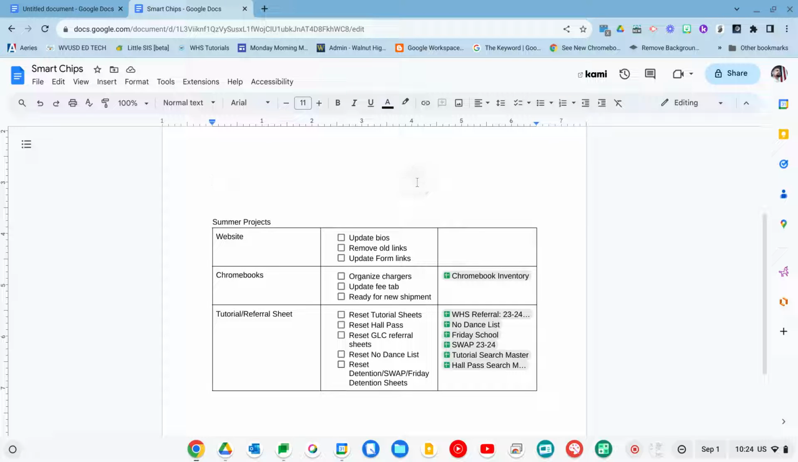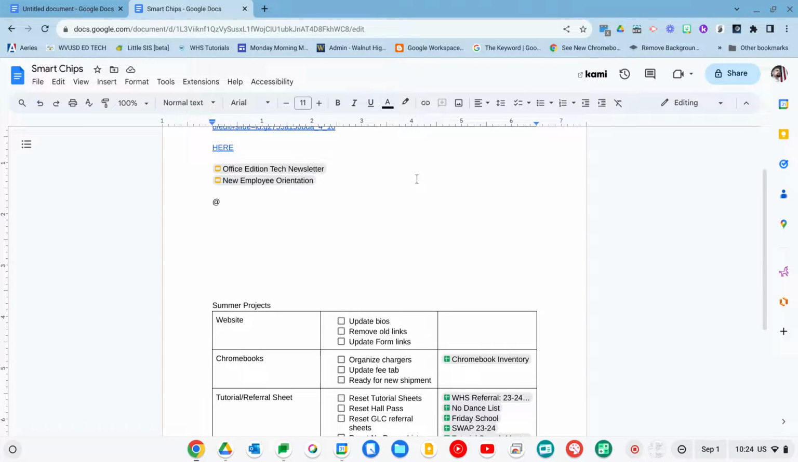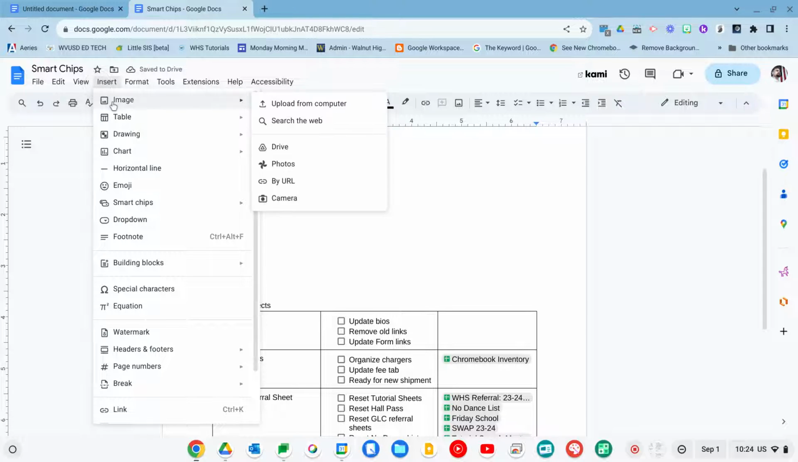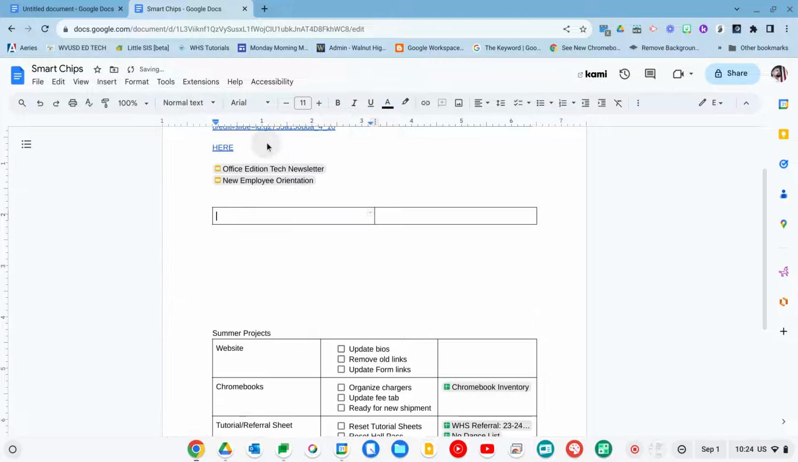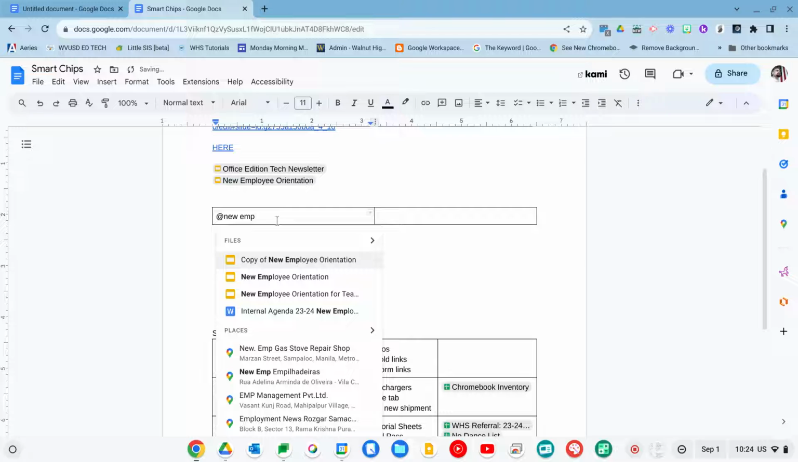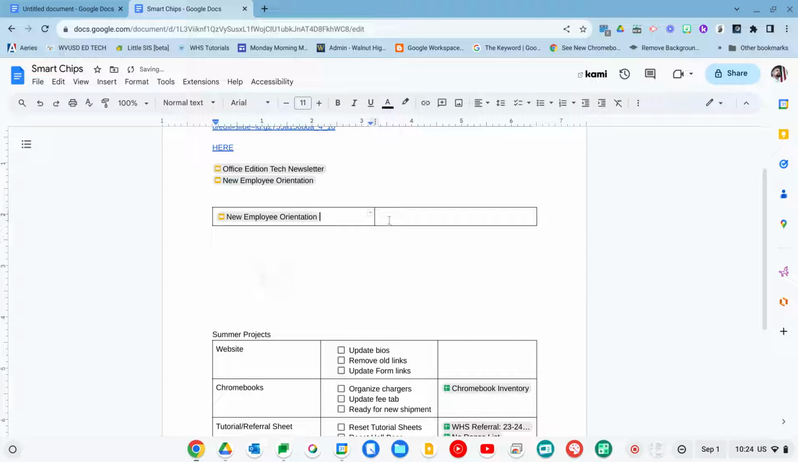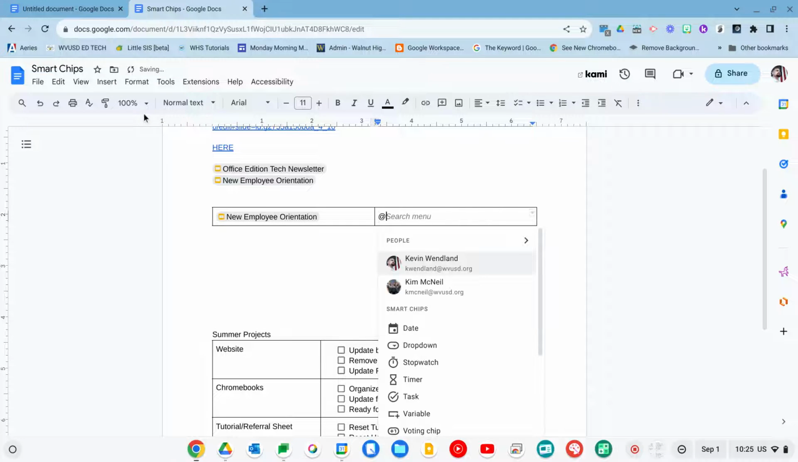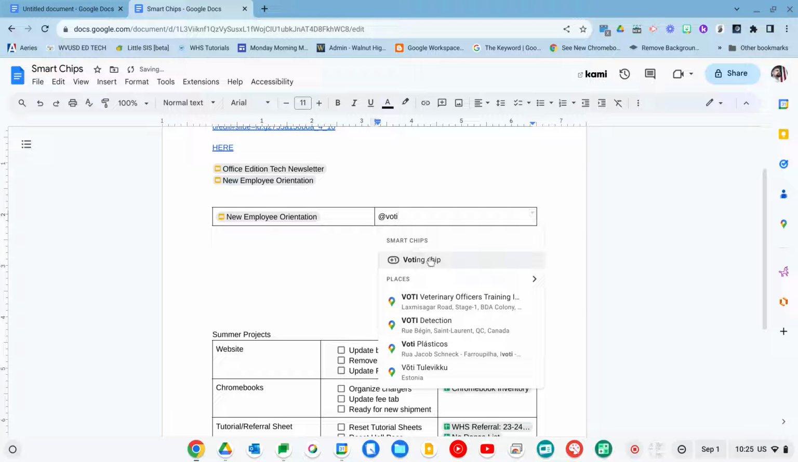The first one I want to look at is the voting chip. Let's say I want to have my team look at my presentation. Let me do a quick one and add in the new employee again. I'm going to give this to like six or seven people, and I want them to vote on it. So I would have my file, and then I would do @ and start typing voting chip,